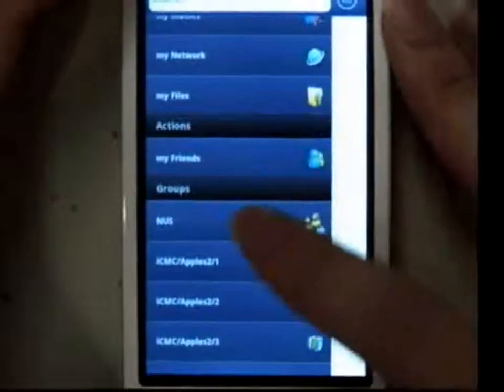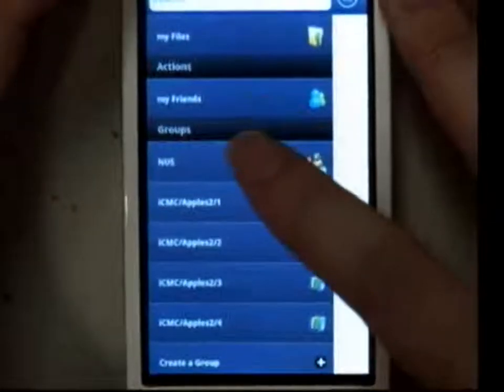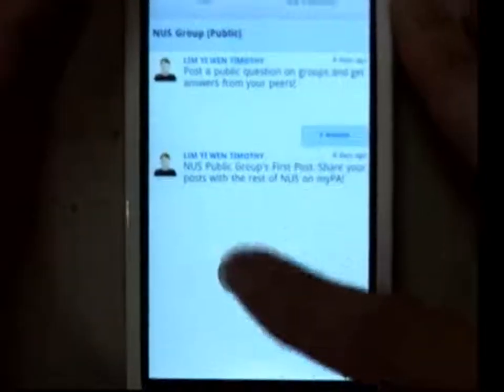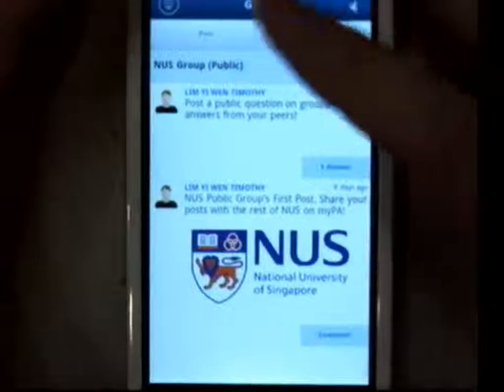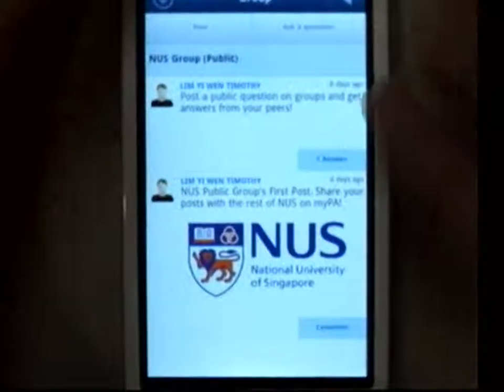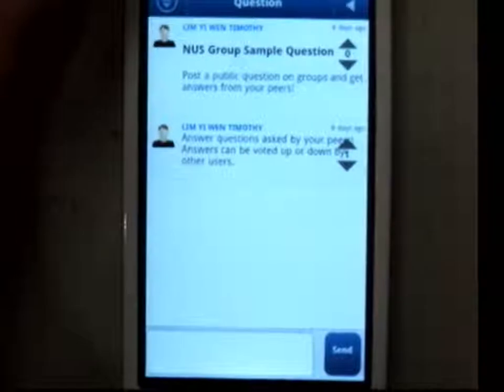Currently this module is empty. Let's see another group. As mentioned before, in groups we can make posts, group posts, as well as ask a question. Then people can answer these questions, and they can be upvoted or downvoted as well.